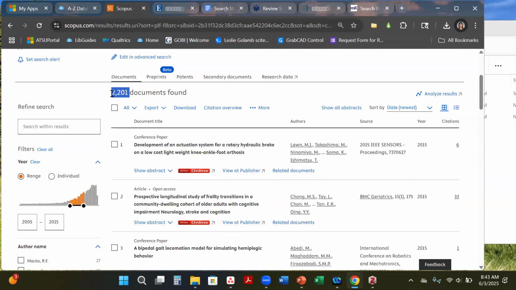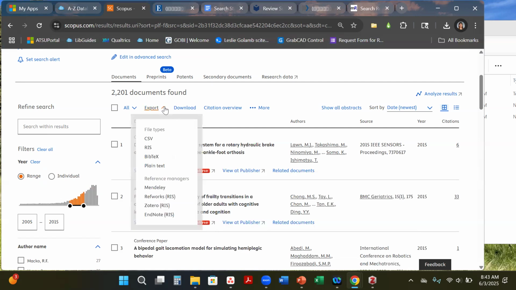Since you're not having to go from PubMed, where we went from PubMed into a citation database into exporting out of the citation manager into Covidence, since this one does give you the correct file, you can go a little bit larger on these. So what you're doing, we're going to just do 2005 to 2015. We're going to go ahead and hit export